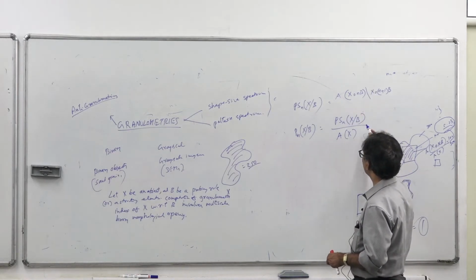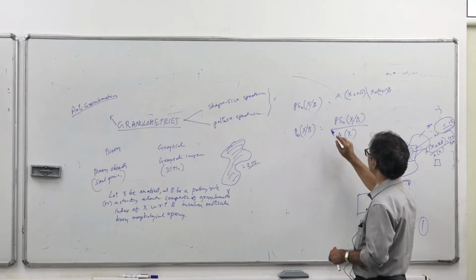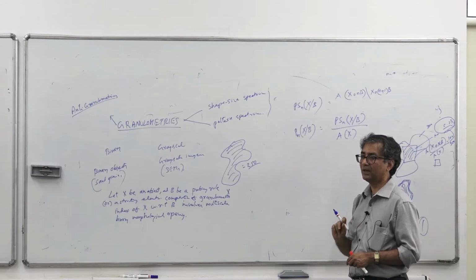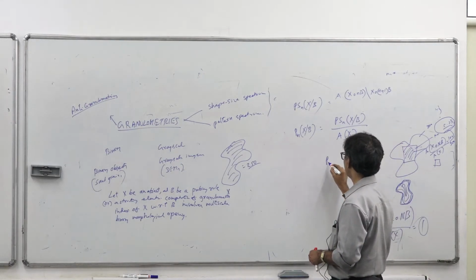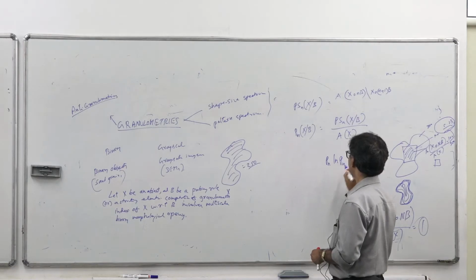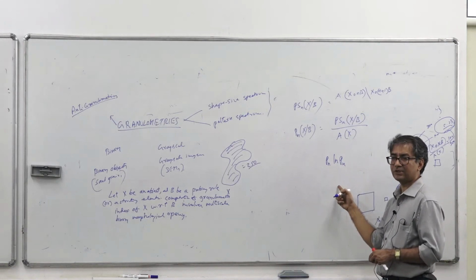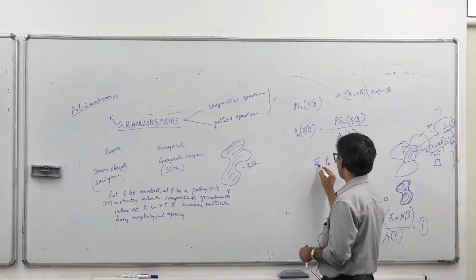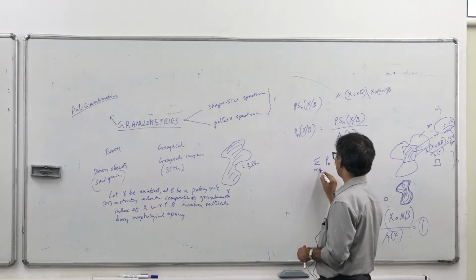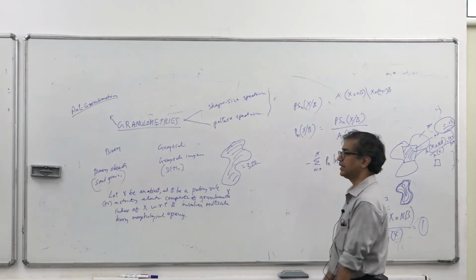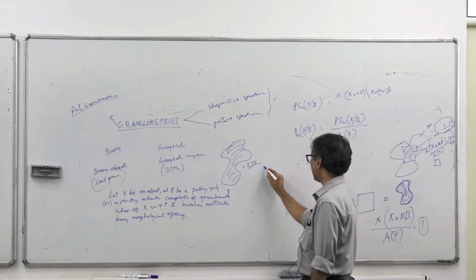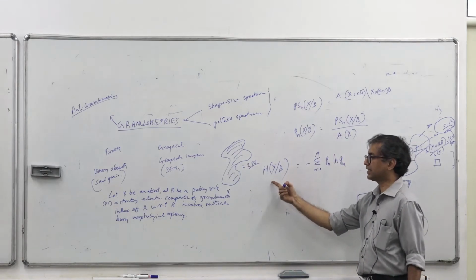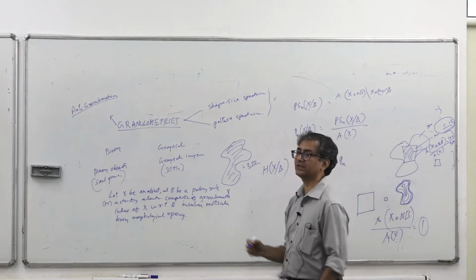And all those pattern spectrum values of different orders you divide with the total area, and you get the probability values. Those probability values, and I will put P log P, is actually the entropy equation, Shannon's entropy equation, and you sum all the values from n equivalent to 0 to capital N, take the negative of that, and you get the uncertainty index of X with respect to B. This uncertainty index is nothing but the granulometric index, it is also called morphological entropy.